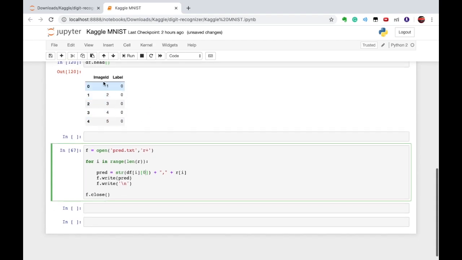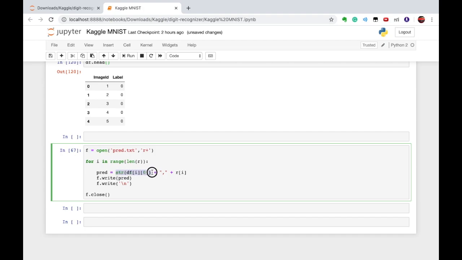So I am taking the first column of it and writing it into a string. Then I am writing a comma to create a CSV file, because a CSV file is created with the separator comma. You'll get to know about it later.